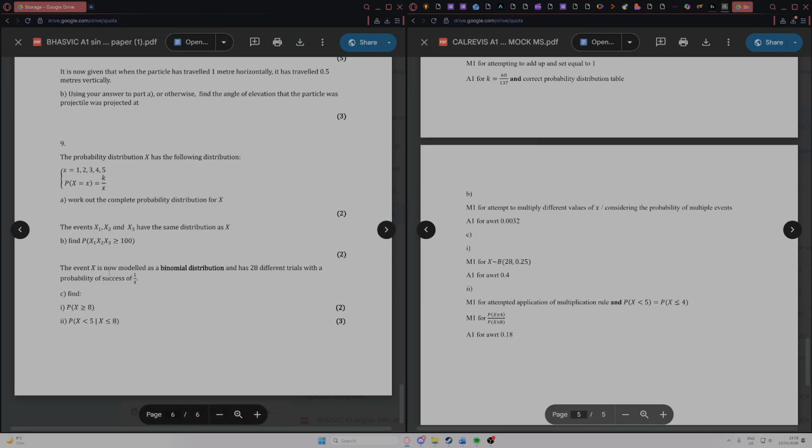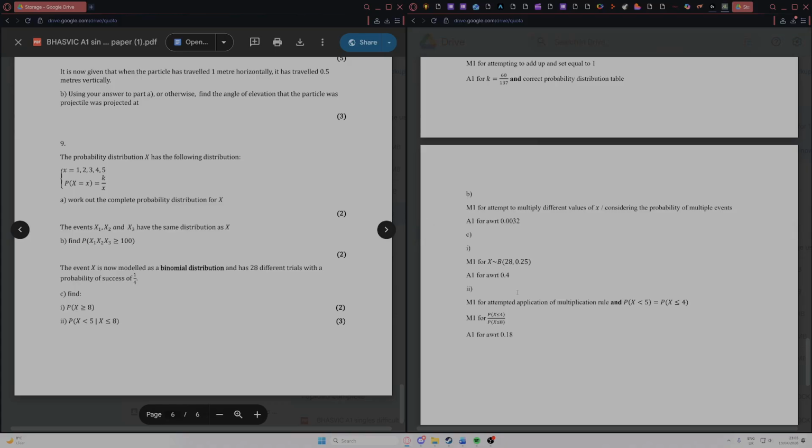Next, I tried to make this question more elusive by using the words discrete uniform distribution, but I just ended up making it not work at all, so I just kind of gave in and made it easier. Notice I said easier and not easy, because this last part isn't easy at all, because it's not something you see often. But part C, so part 1 is really easy, anyone could probably do this. You set up your binomial distribution and put it in your calculator. Now part B,